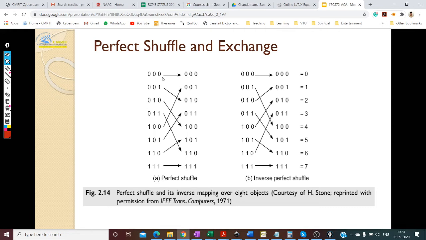Okay, so in that case you have some kind of routing here, where 0 0 0 will just send to 0 0 1, and then 0 0 1 will send to 0 1 0. So everybody will send to one person adjacent to them. Okay, so this guy is going to send to 0 1 0. You're just going to shift one bit to the left, and then you get your neighbor. And similarly here, in inverse perfect shuffle, you're going to shift one step right. So that is going to be the inverse shuffle. Okay, so that's what you have here.